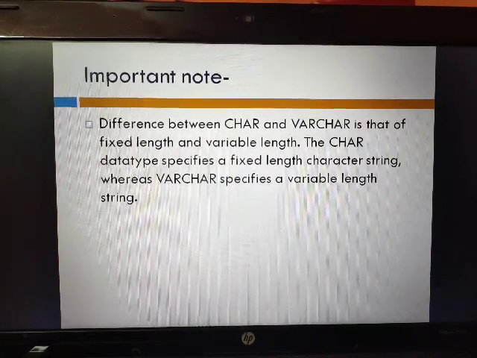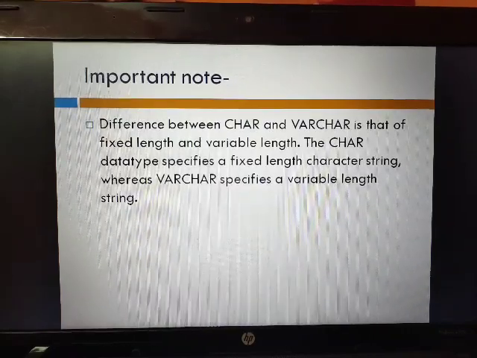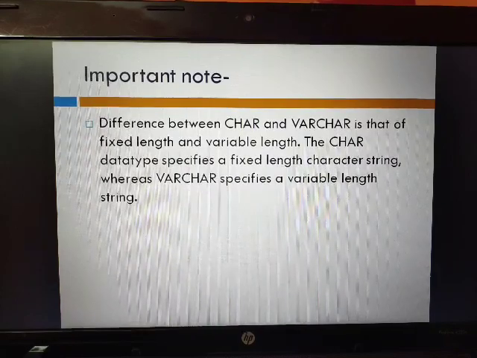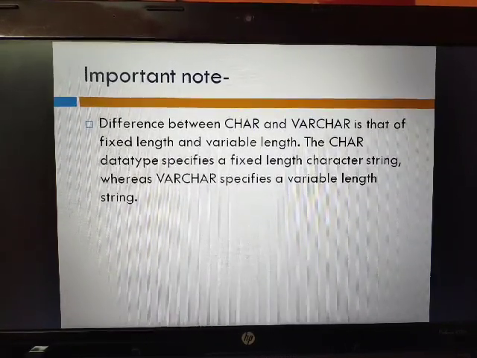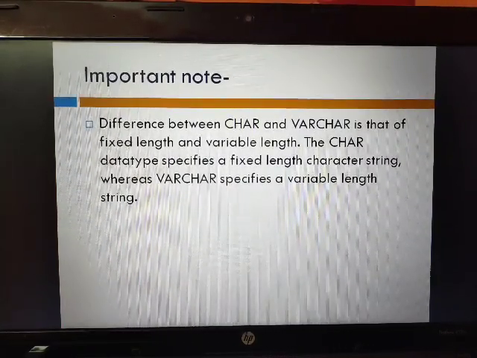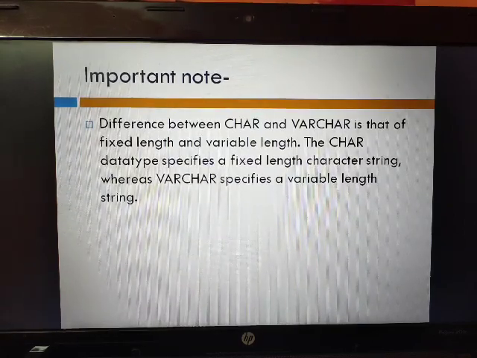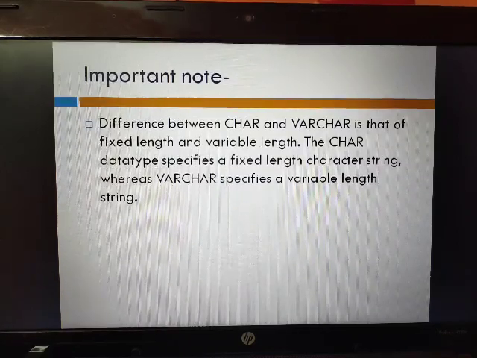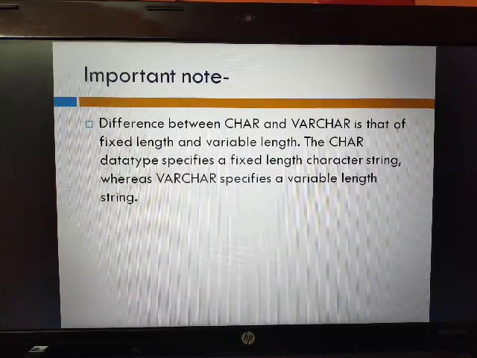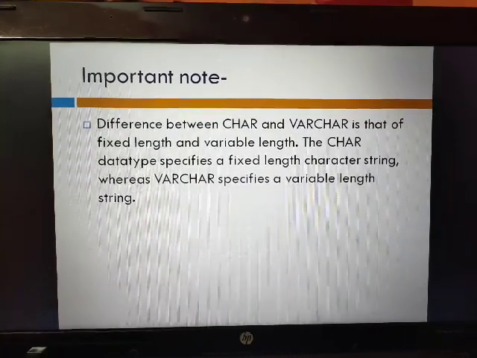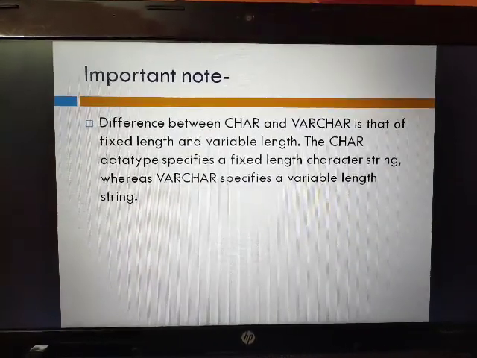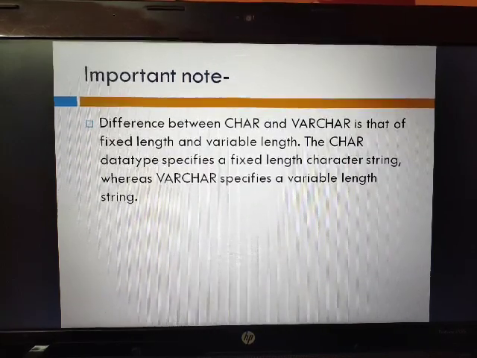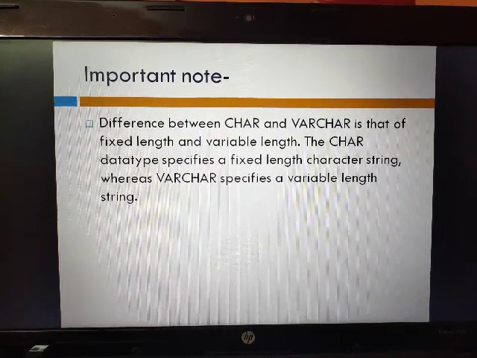That means it can vary up and down, and that is done with the help of varchar. But in the character data type you fix your data value. That means if you have declared 25 characters, even if you are not using 25, it will store 25 characters, because it is fixed length. So one basic difference between character and varchar is very important.